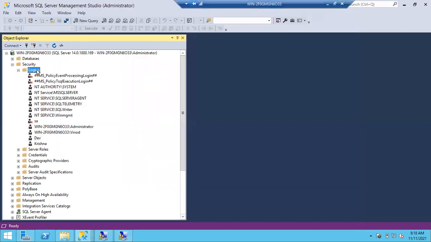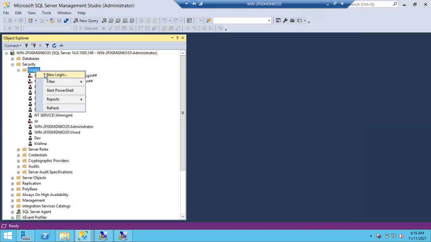If Satish, Shankar, Bashir want to connect to the SQL Server, I have to create 3 logins for them. For Satish, a separate Windows login. For Shankar, a separate Windows login. For Bashir, a separate Windows login. Instead of doing that, I'll create a group login. Why? Because these 3 people are part of the SQL DBA group, and the group already exists. So now I'm going to create a group login. Simply, instead of an individual account name, you have to give the group name.